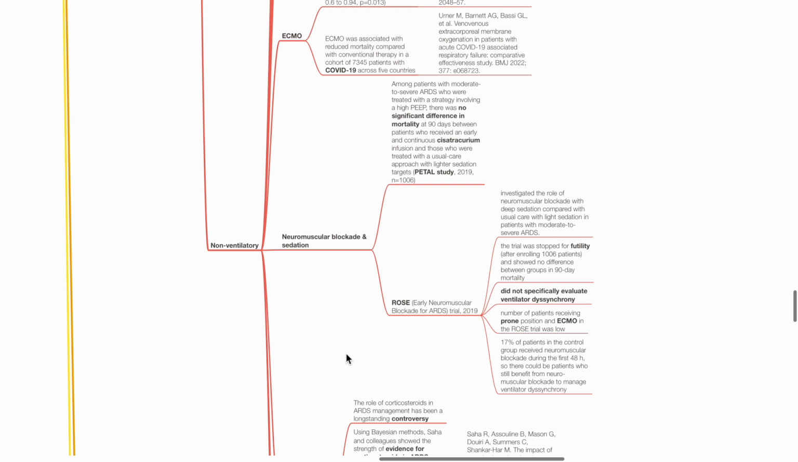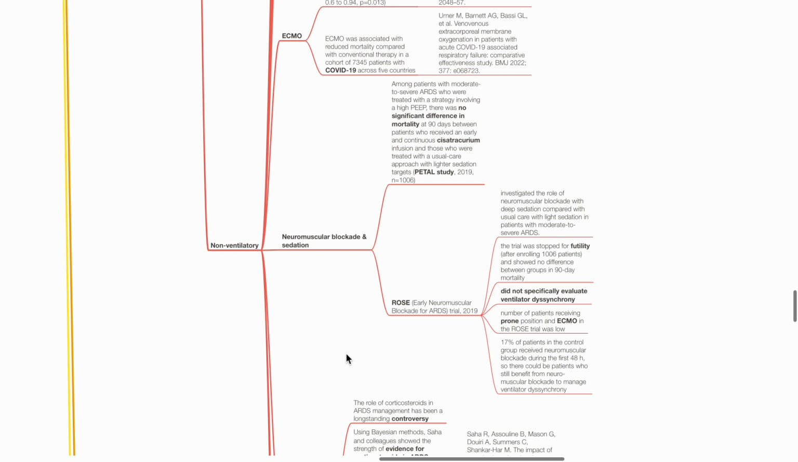Regarding neuromuscular blockade and sedation, in the PETAL study 2019, among patients with moderate to severe ARDS who were treated with a strategy involving a high PEEP, there was no significant difference in mortality at 90 days between patients who received an early and continuous cisatracurium infusion and those who were treated with a usual care approach with lighter sedation